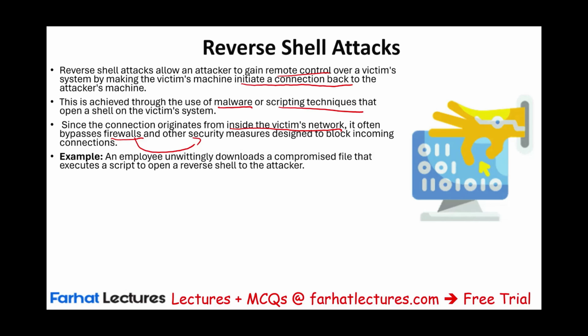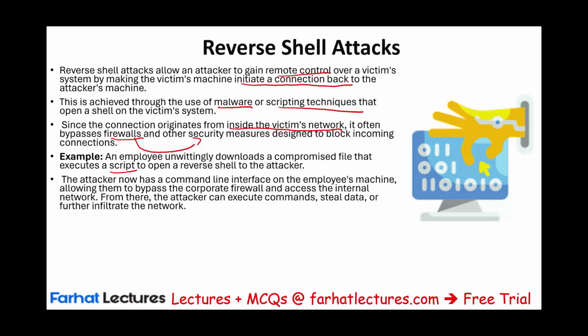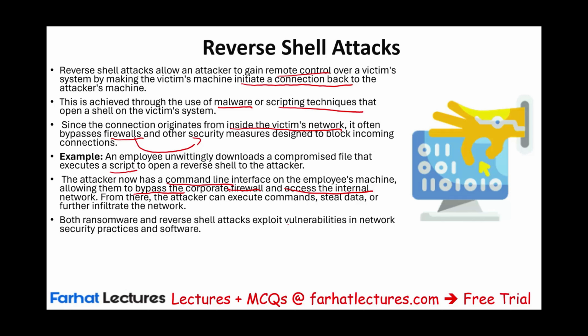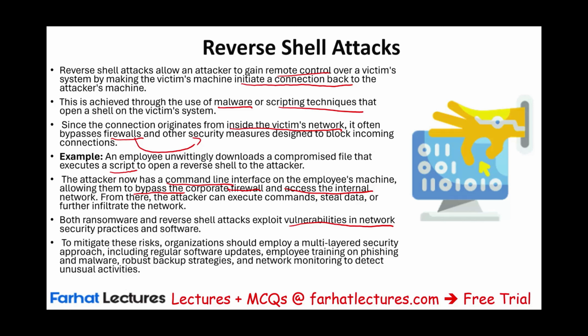So for example, an employee downloads a compromised file that executes a script to open a reverse shell to the attacker. The attacker now has a command line interface on the employee machine, allowing them to bypass the corporate firewall and access the internal network. From there, they can execute commands, steal data, and infiltrate the network. So bear in mind, both ransomware and reverse shell attacks exploit vulnerabilities in network security practices and software. To mitigate these risks, you should employ a multi-layer security approach, including regular updates for the software, and